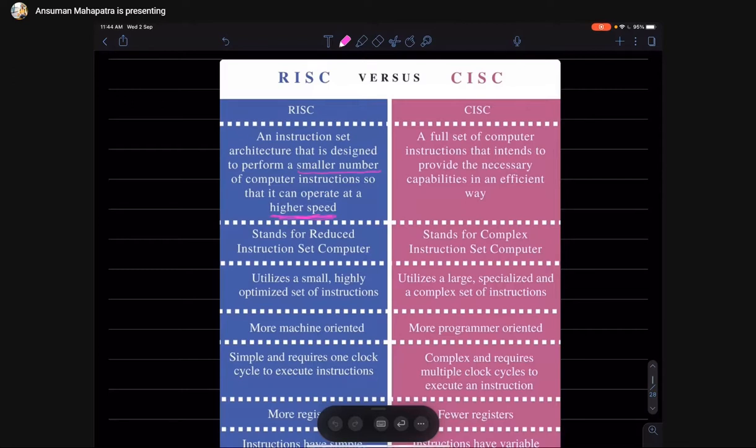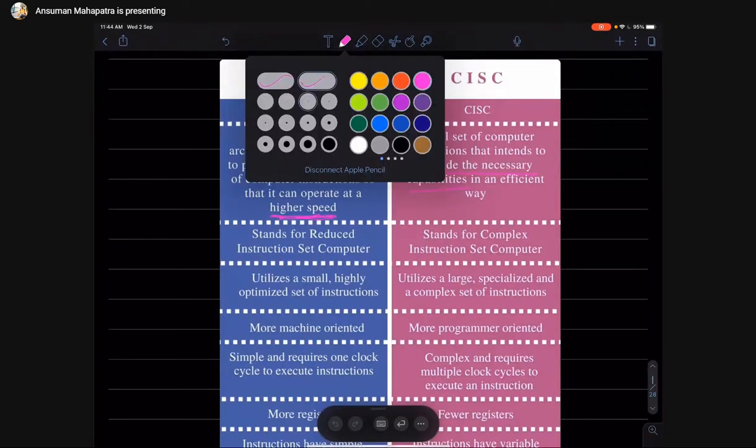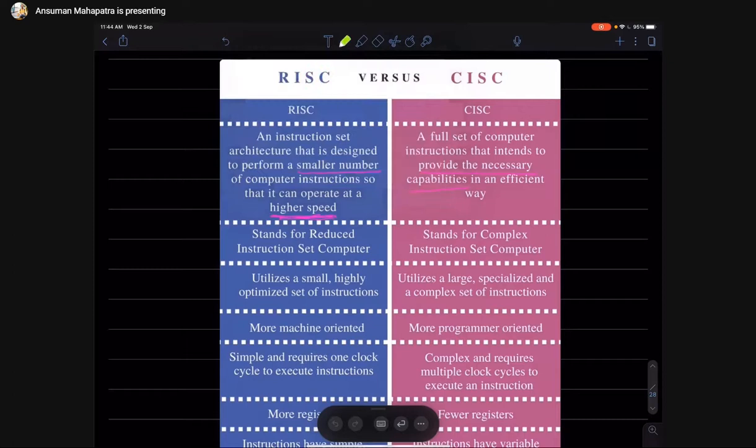Understood? But CISC instead will provide lots of capabilities, because it provides lots of complex instructions in the instruction set, so that you can do multiple tasks in just a single instruction. So the difference is that RISC provides fewer operations, CISC provides lots of operations.